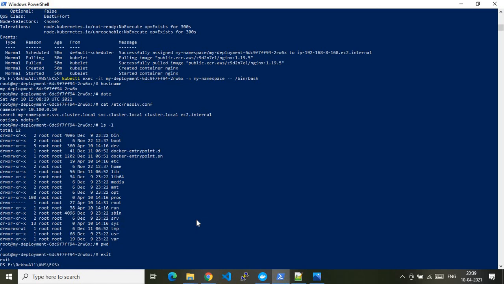We have successfully shown you how you can deploy an application to an AWS EKS cluster, how you can retrieve information about different properties of the EKS cluster, like getting the complete details about your namespace, which includes pod details, service details, deployment details and other details as well. Then we looked at how you can log into a pod and run a certain command. So we have checked those three major tasks.